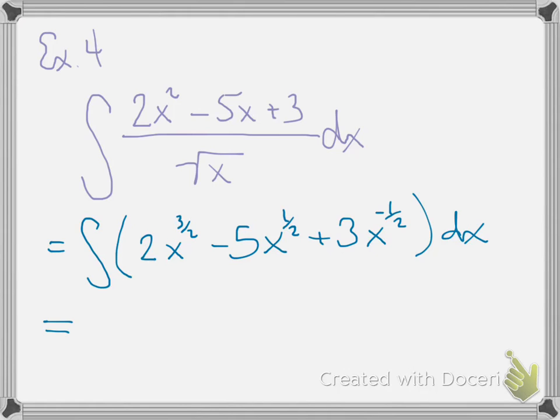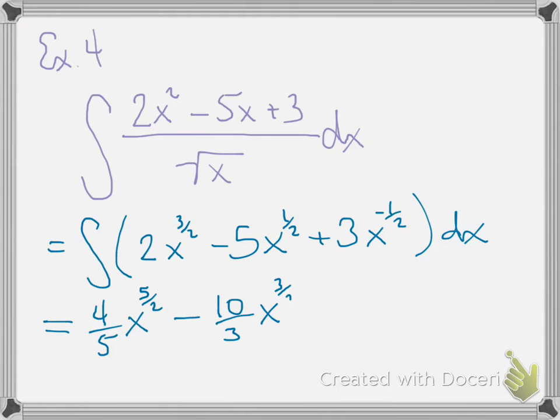All right, so when I add 1 to the 3/2 in that first term, I get 5/2, and then I have to divide by 5/2, which is the same as multiplying by 2/5. So 2 times 2/5 will be 4/5 times x to the 5/2. And then minus, when I add 1 to the 1/2 of this exponent, I get 3/2, and then I have to divide by 3/2, which is multiplying by 2/3. So 2/3 times 5 will be 10/3,